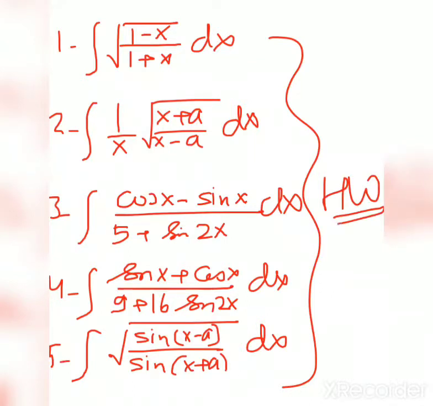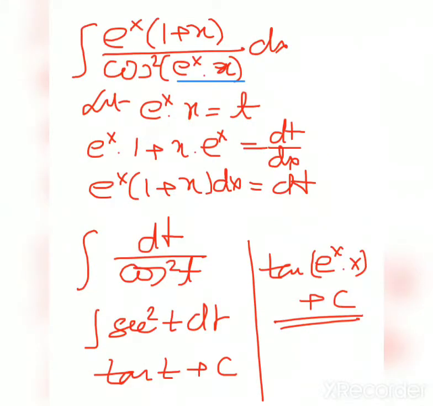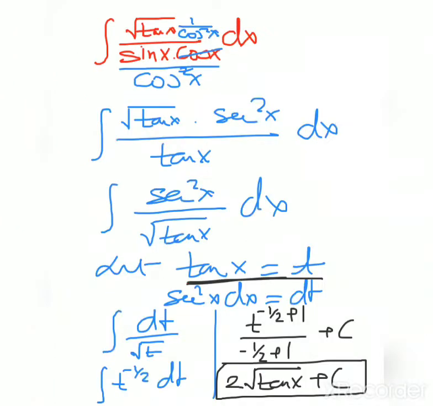These questions you need to do, and in the next class we will try to solve more questions related to the topic. So today's class contained the following things. First of all, we have done the question with the supposing condition, and in this question we were able to think of the denominator e to power x into x, half part of the denominator only we supposed as t, and we were able to do this question. In the next situation, we have done this question. These 3 questions I have taken from NCERT and they are important also.